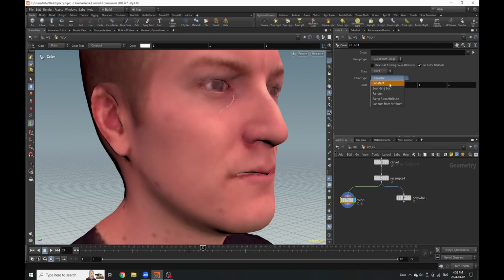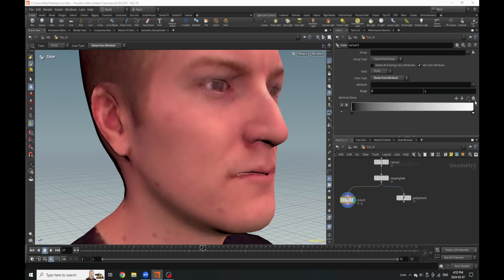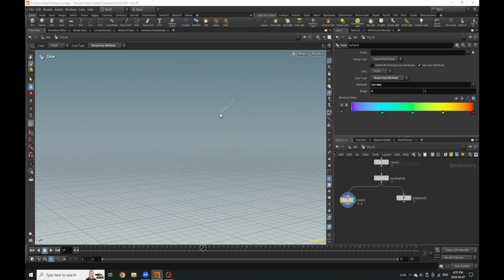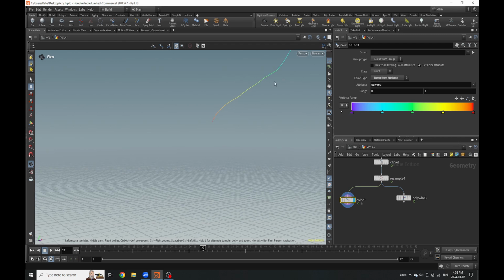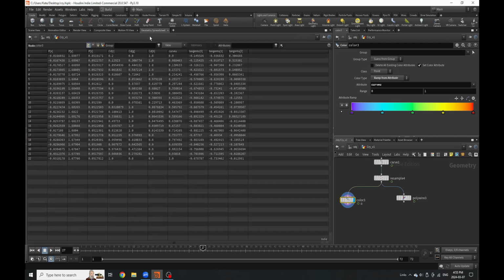So I'm just going to go over here and ramp from attribute and try and visualize my curve view. And I'm going to use my infrared and also hide my objects. So we can fully see that only one point really has the uppermost value. I'm going to go to my geometry spreadsheet and flip this upwards, and curve view with a